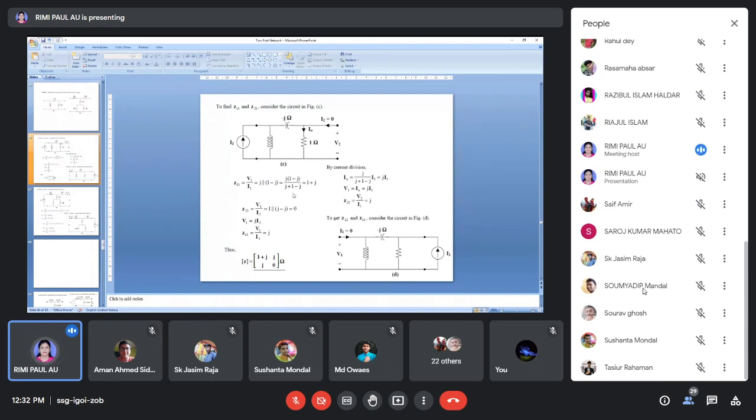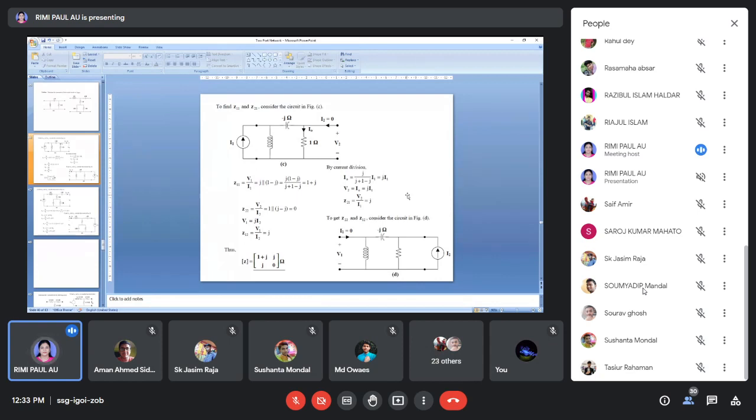This is very easy because these two are in series and with this it is parallel. So check whether the answer is right or wrong. If you get the equivalent impedance, then you can find V by this equivalent impedance, that is equal to I1. Now if you get I1, then find out what is current I0. You can take another current I1 prime, I2 prime, whatever, but apply the current division rule and find out I0, and check whether this I0 is right or wrong and tell me. I'm giving you 5 minutes.